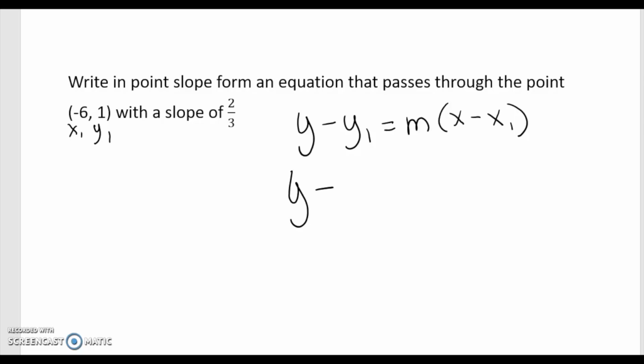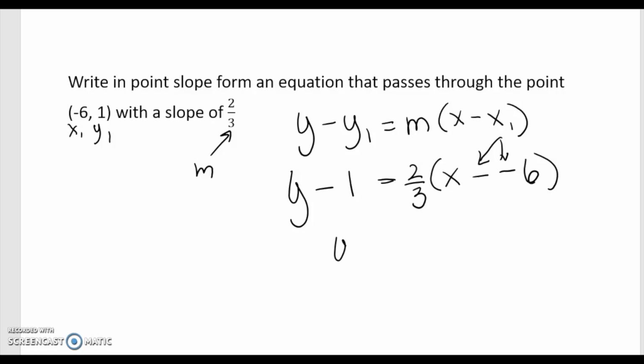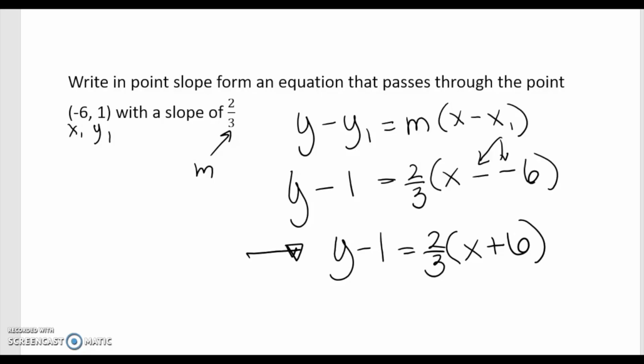So y minus y1, which is 1, equals our slope, 2/3, times x minus -6. Now right here we've got a double sign that we need to simplify. So our answer would be y minus 1 equals 2/3 times x plus 6. And that is called